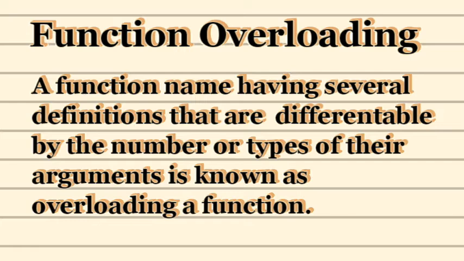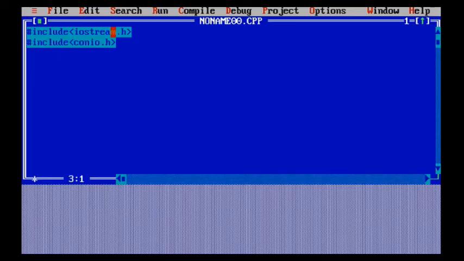So let's understand this with the help of a program. Coming to the very first program to understand the concept of function overloading. As I told you, when talking about function overloading we are going to use the same function name. Whenever we want to create a function, first of all we need to define the return type of the function, then the name of the function, and then the types of arguments that you want in the function. Here I'm going to directly define the function, giving the prototype and definition all at once before the main function.